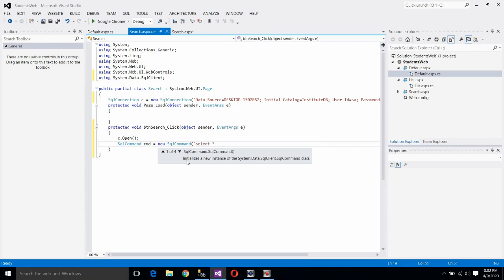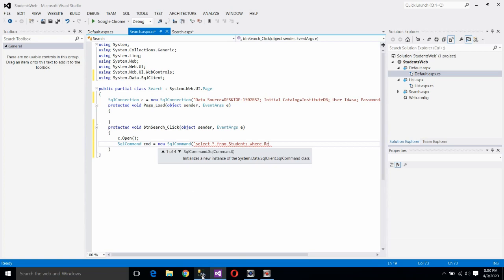Select star. As you all know that to display all the records we use select star from the name of the table. So writing select star from students. But we have to search the student's record on the basis of the registration number. So right here the where clause, select star from students where,